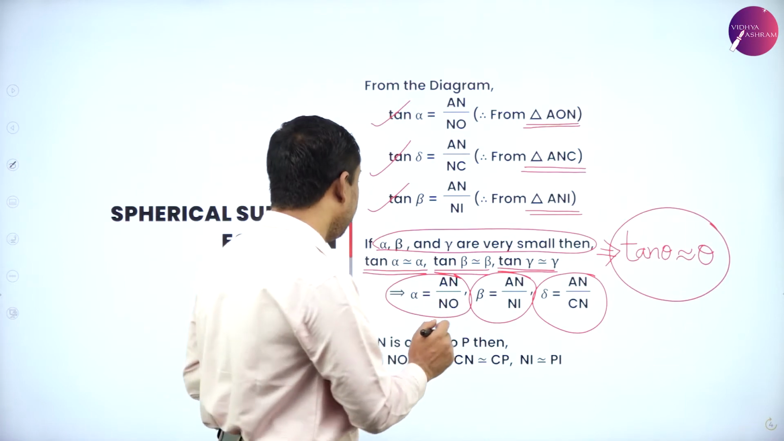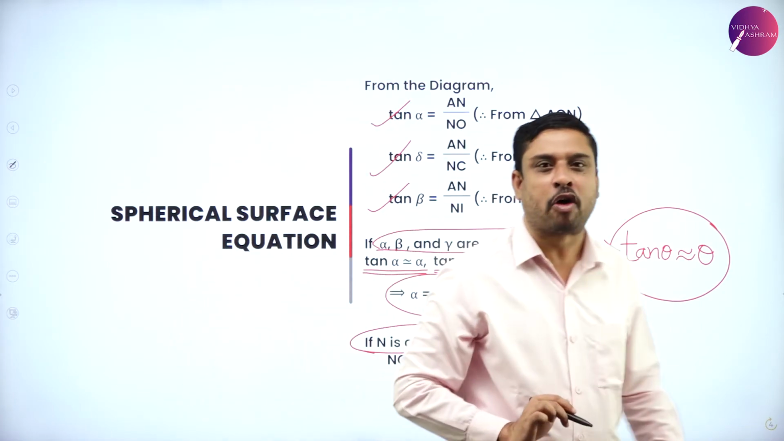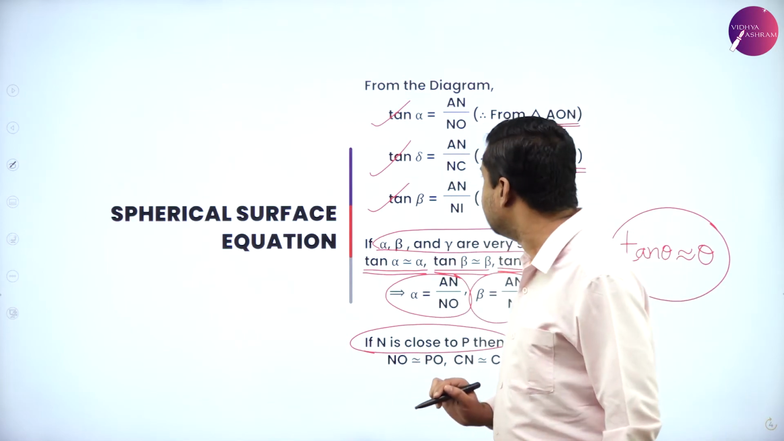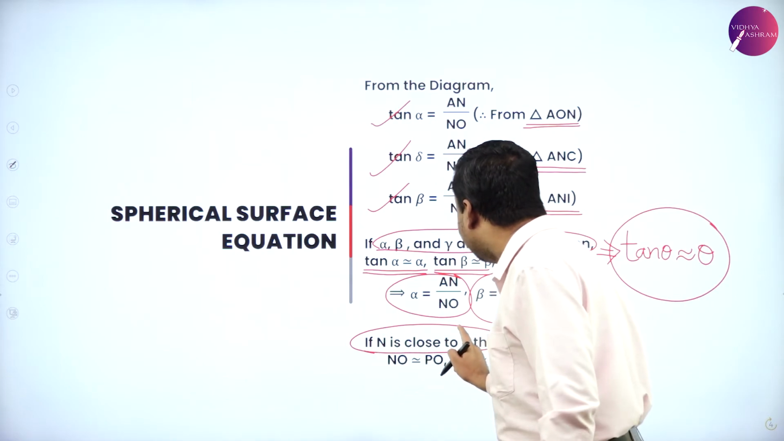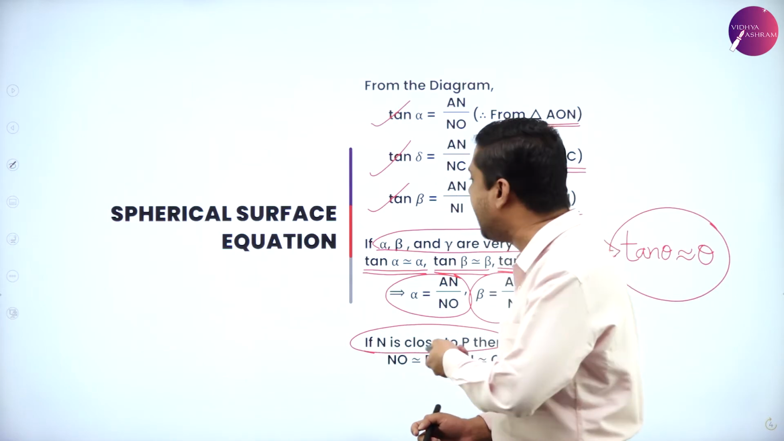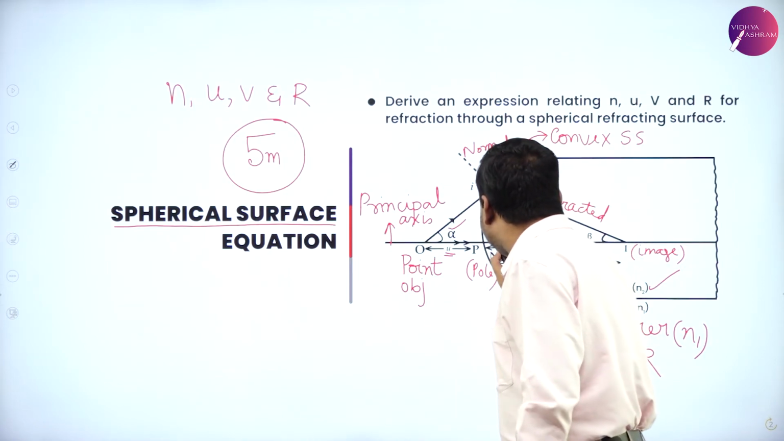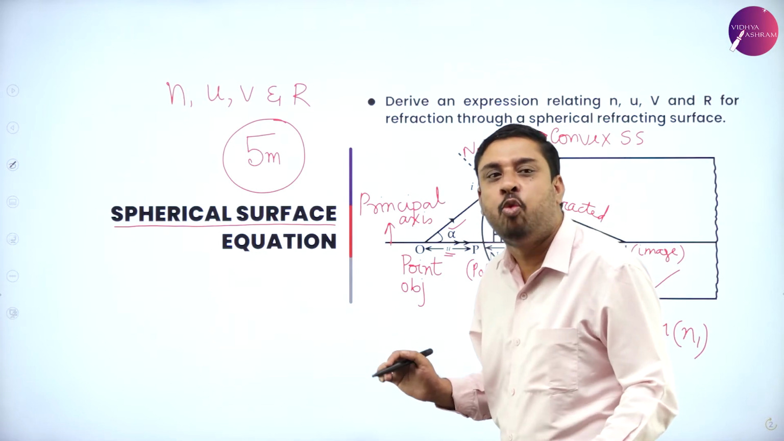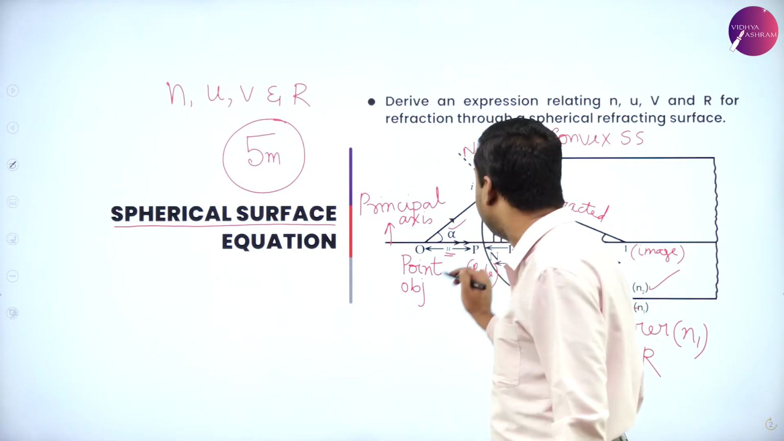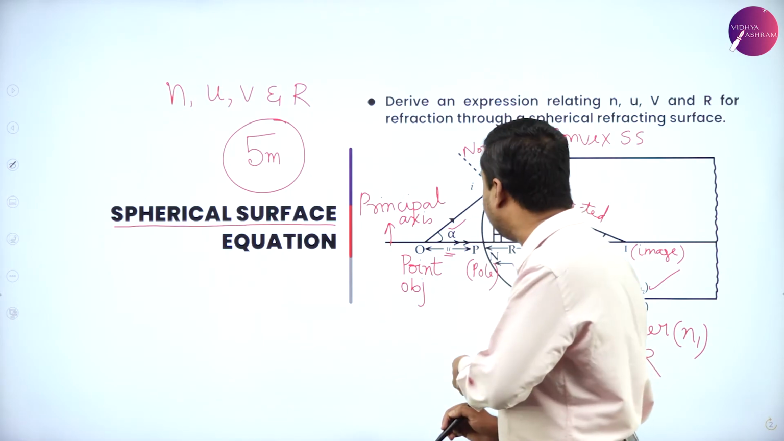Now, here is again a very important condition. If n is very, very close to P, the condition I make is that point n is very close to P. I can say they are one and the same. If n is very, very close to P,